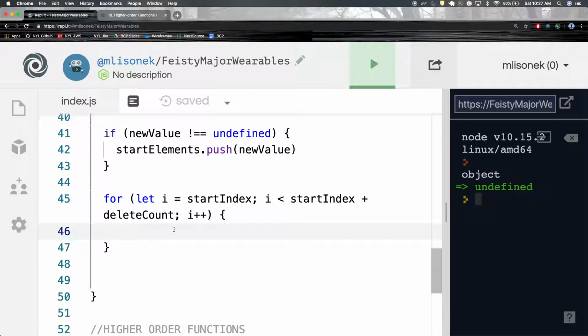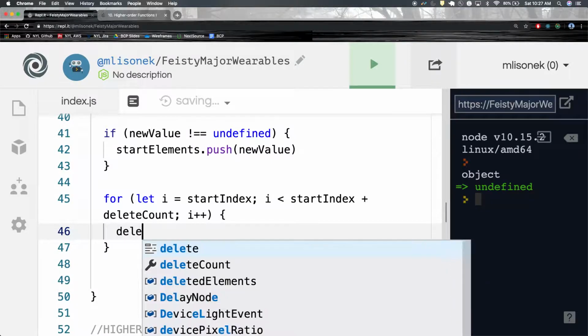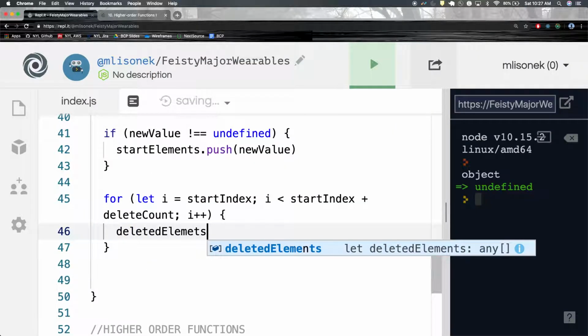Sorry, deleted elements, my bad. So we can do deletedElements.push